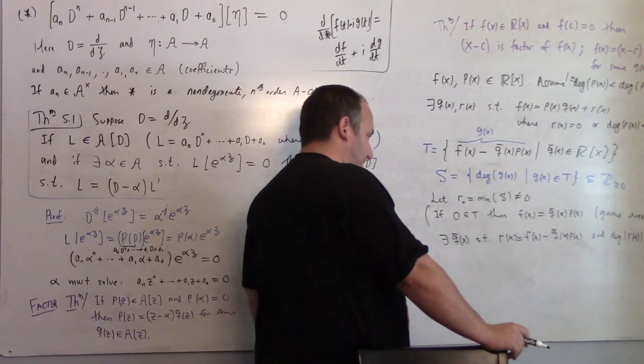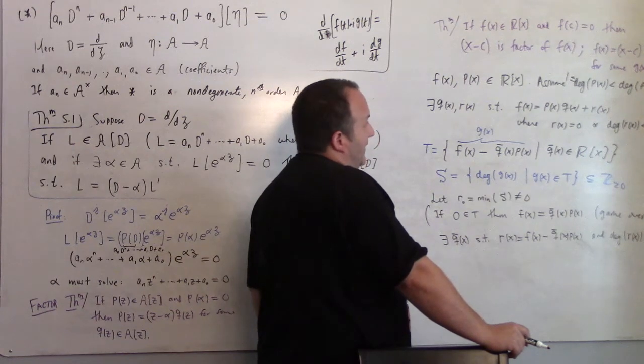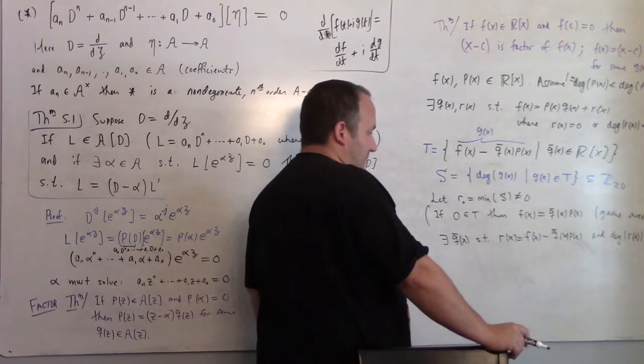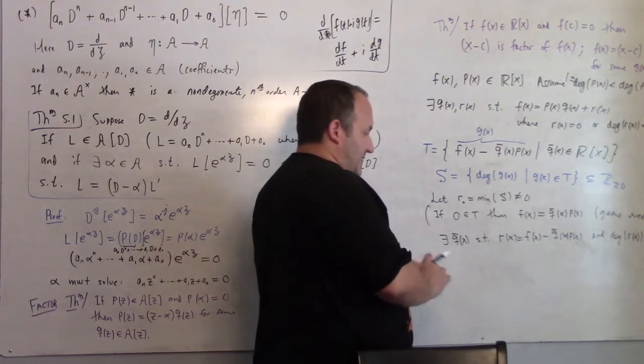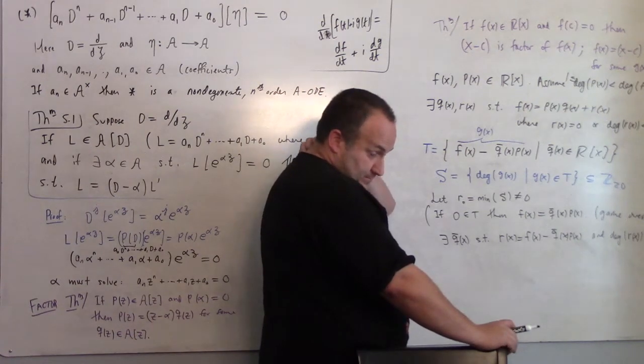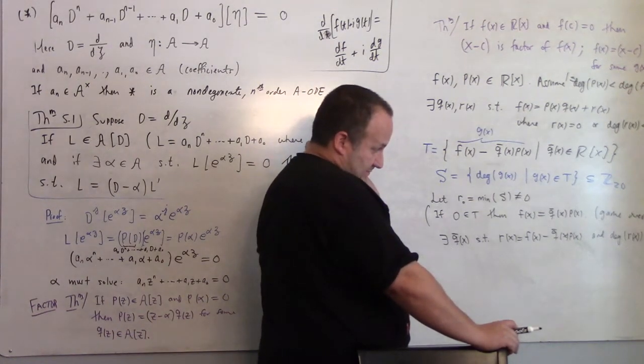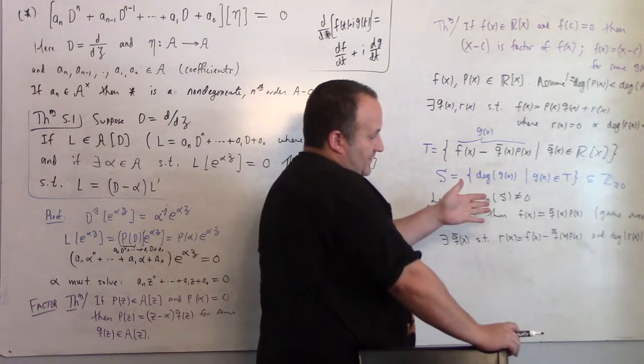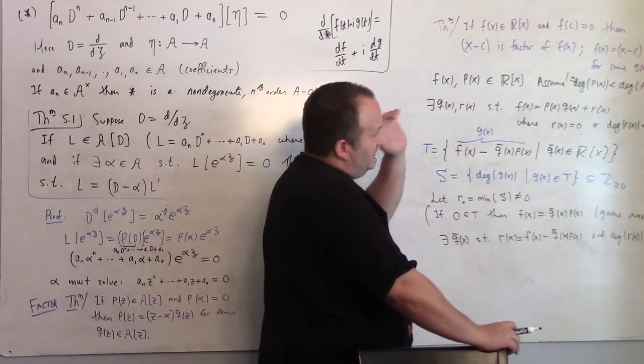Of course, then f of x is equal to the desired q of x times p of x plus r of x. The question is, does the degree of r of x necessarily less than